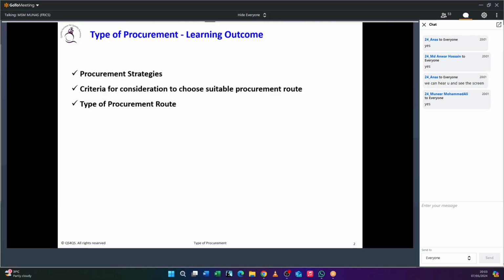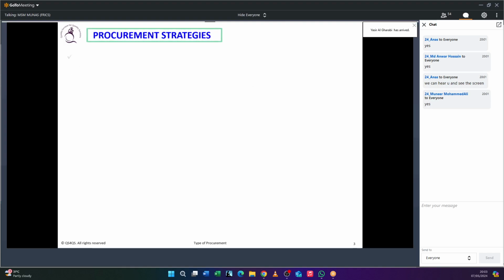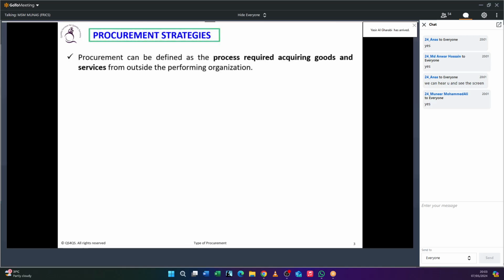Okay. So before we go ahead into the procurement strategies, you should understand that this is all about how to get the project done. Okay, how to get the project done. Now let's assume you want to travel from one city to another city. Simple example. Okay, you want to travel from one city to another city. Okay, what are the options you have? Now let's say vehicle-wise options. Okay, what are the options you have?